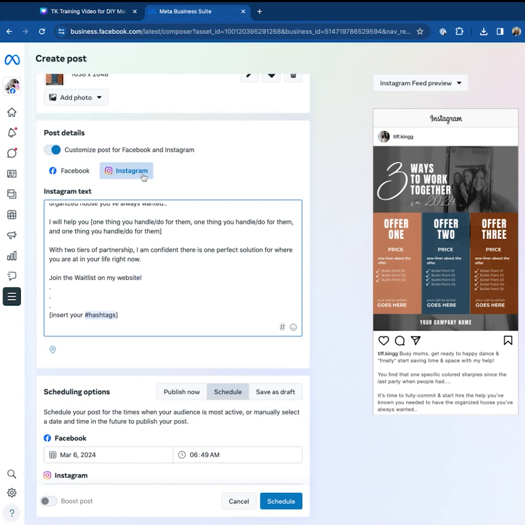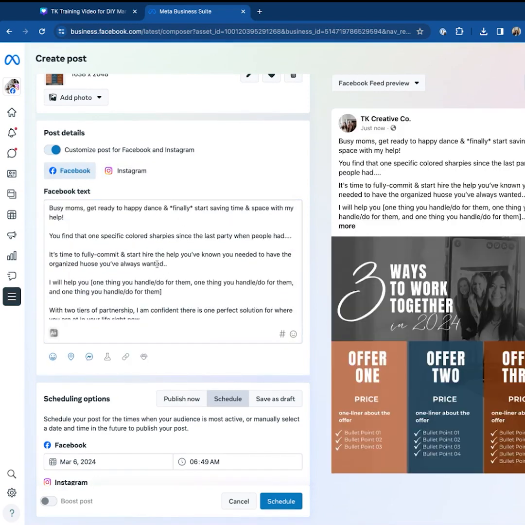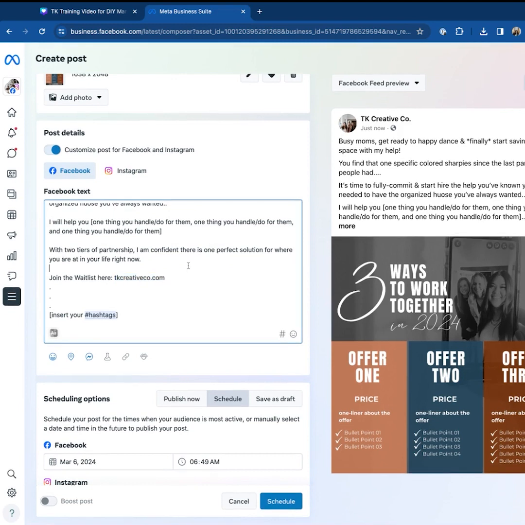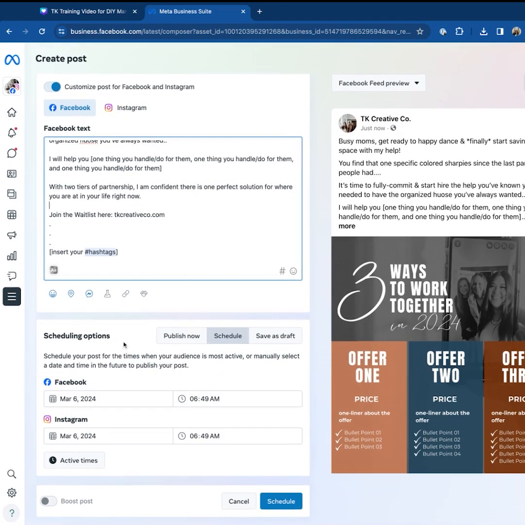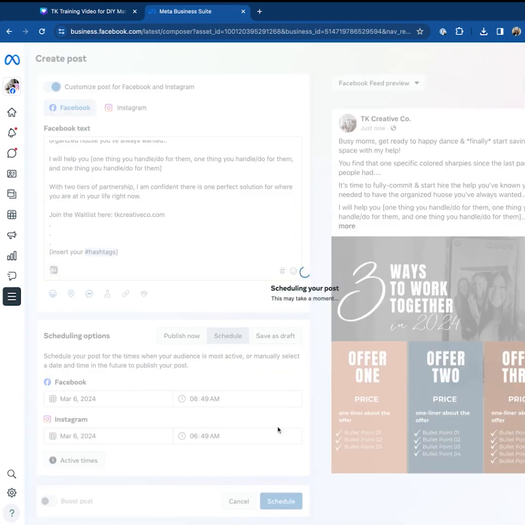And that's the difference. You're customizing your caption now to say something slightly different on Instagram and something slightly different on Facebook, okay? Now moving on, down here, we're scheduling. You can go look at the previews over here if you want to, but